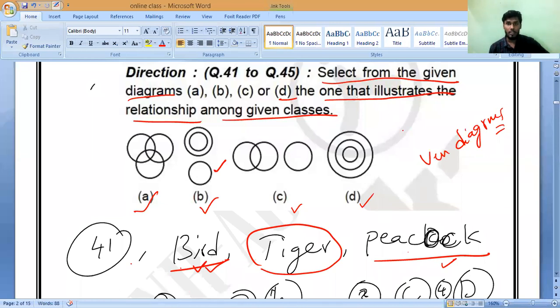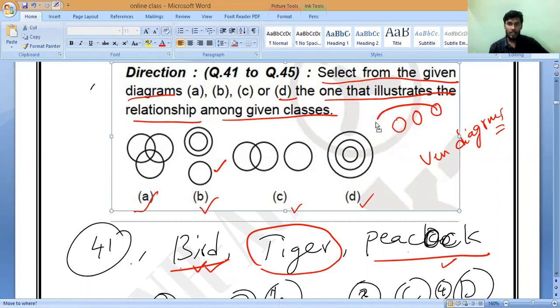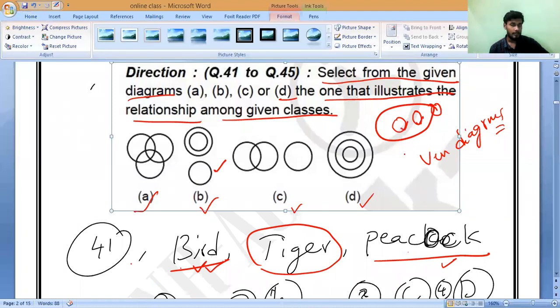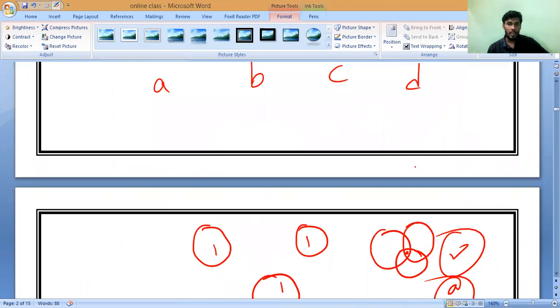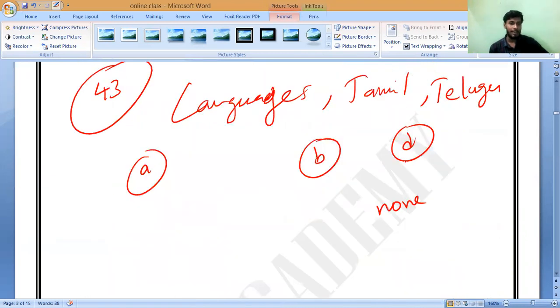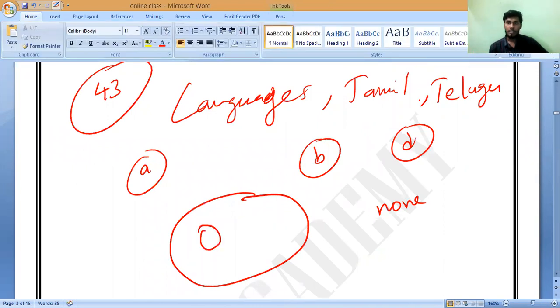You can take them separately. Suppose I give three different things. Suppose I have given a big circle, and in that Telugu and Tamil. Then it is correct. According to that, languages means very big. In that, Tamil is one of the languages and Telugu is one of the languages. If they give this picture, it is correct. Hindi is another language, Marathi is another language. If it comes like this, it is correct. But here this kind of picture is not there. Correct or not?